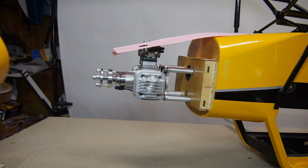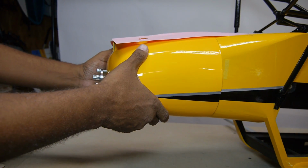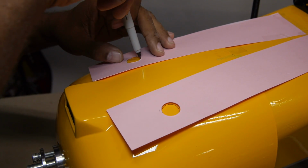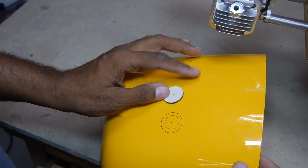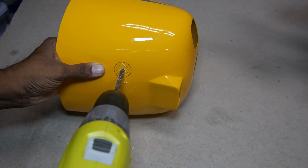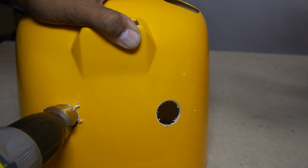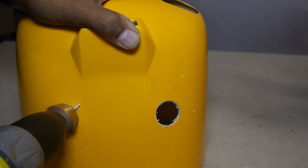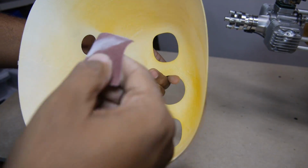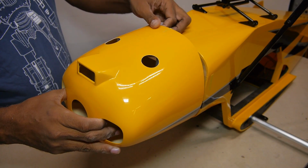Okay, as I was saying before my OCD got in the way, fit the cowl and tape into place. Then mark off the pipe openings with a Sharpie. I next marked a center point and drew a slightly larger circle to allow for fine-tuning of the cowl positioning. Drill a pilot hole, then use a step drill to enlarge the hole. Take your time and you will get good results. A touch of sandpaper cleans up the hole quite nicely. And with that, just slide the cowl into...